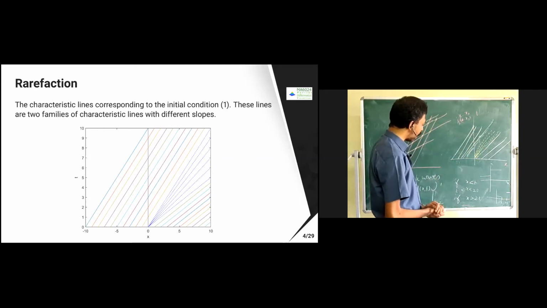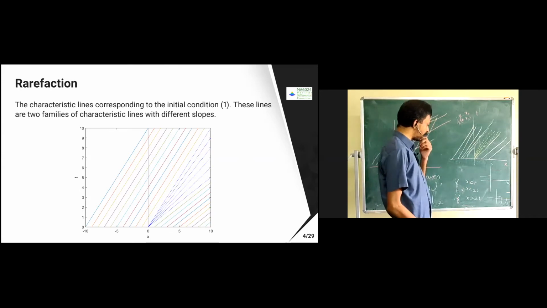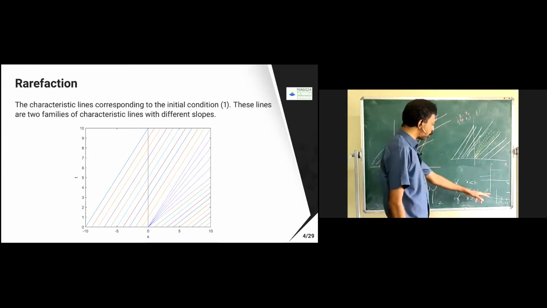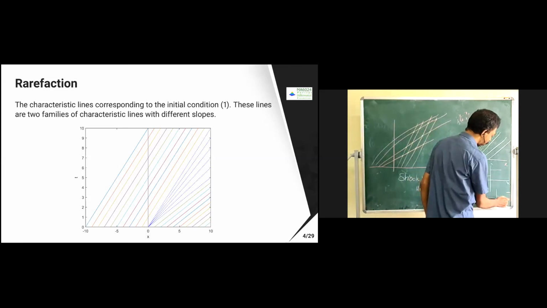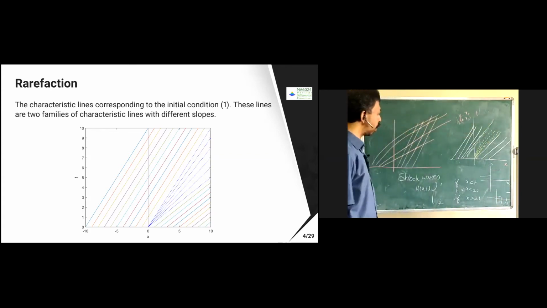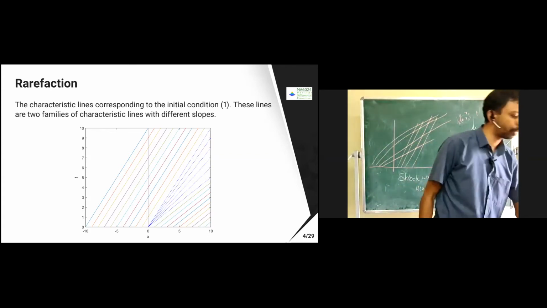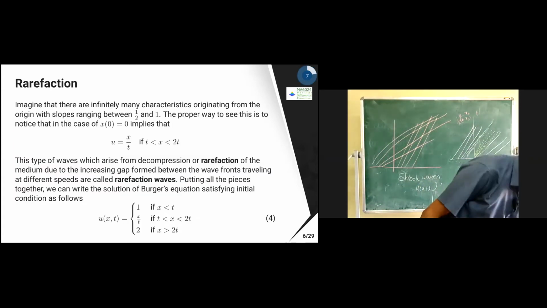Now that means you have a line where x less than t gives 1, and x greater than 2t gives 2. Now what is going to happen here? This place you have to fill, because there is a jump disparity. So how do we fill that? We just try to fill that line. How do we fill?